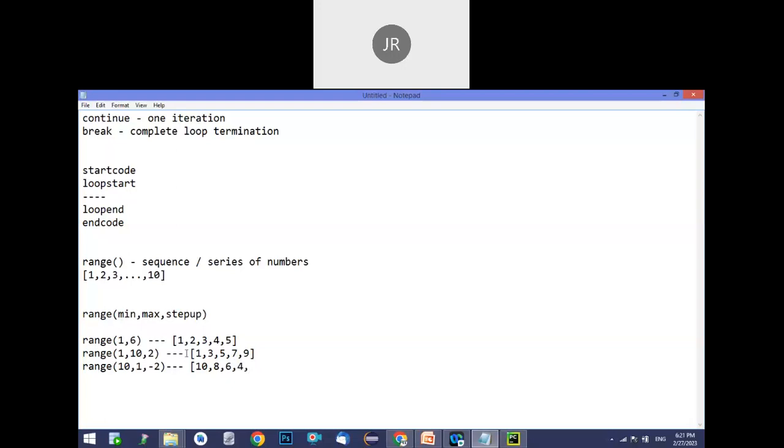For range, it will include the start value but exclude the last value. If you go the decremental way, it will include the max. In simpler terms, include the start value, exclude the last value. Like that you can remember. In this case, it includes the 10, but it won't include the 1. It will stop at 2. It won't go to 0 because it already reached the 1.